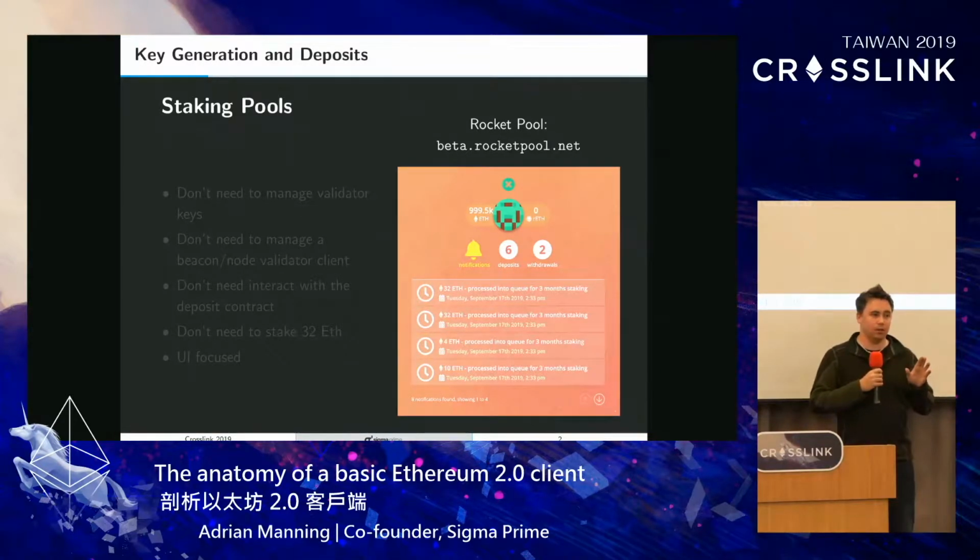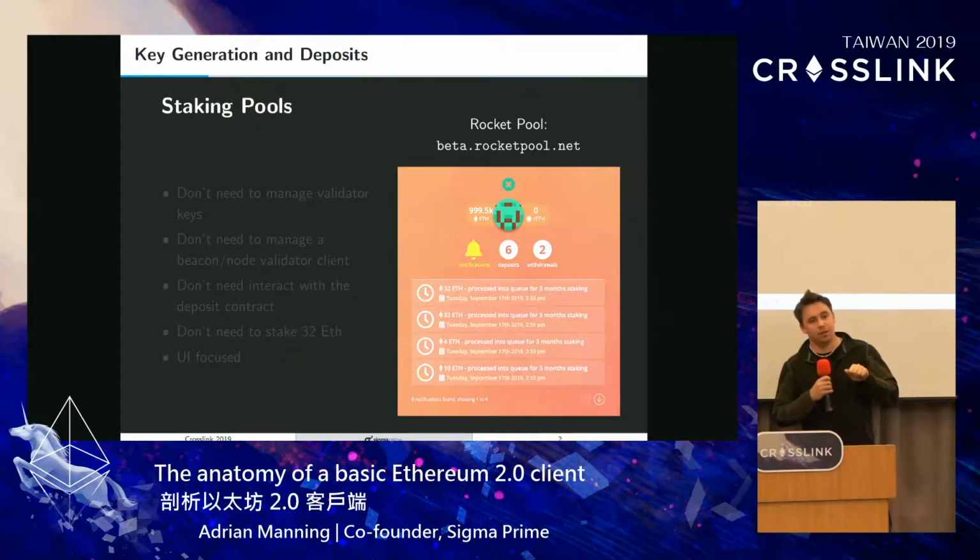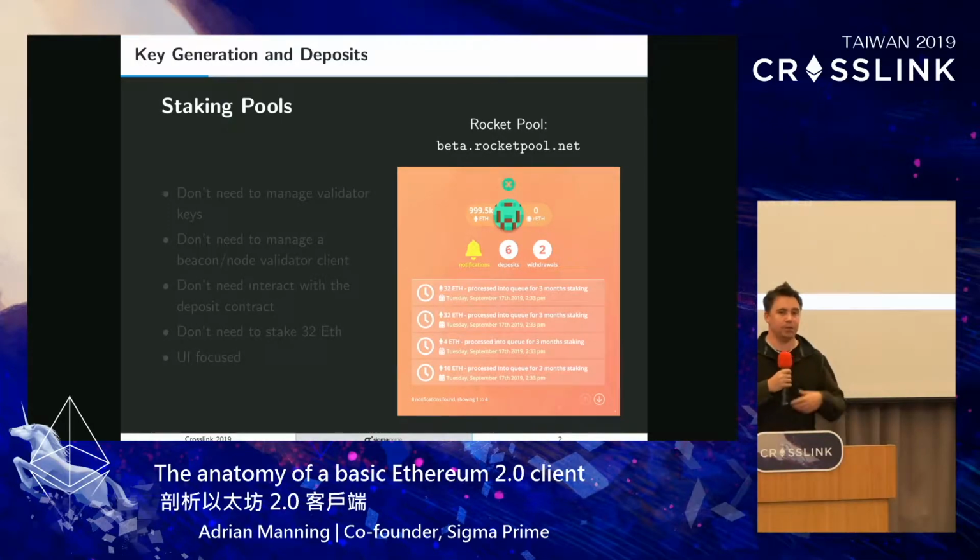You don't have to send the requisite 32 ETH. You can send less than that, and the staking pools will pool that together. They manage a whole network of beacon nodes and validators. They control the software for you, and they will pretty much do all of the heavy lifting and hard work. And in return, you will receive some stake